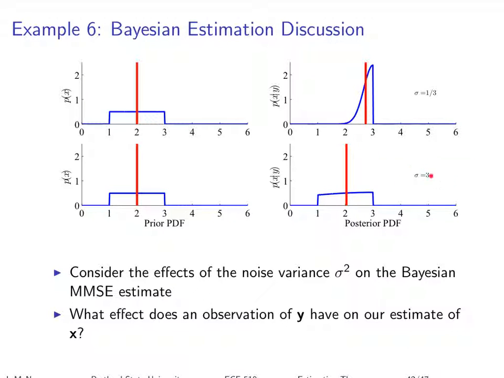Conversely, when we add more noise, when we increase the standard deviation of the noise by a factor of 3, now it's effectively ignoring the measurement. It says, you told me that you got a measurement of 3 and that's basically the thing I'm trying to estimate, but the standard deviation is so large that the prior information is much better, and so it relies much more on that prior information. So that should start to give you a sense of what the effect is of the noise variance. The noisier it is, the more it relies on the prior.